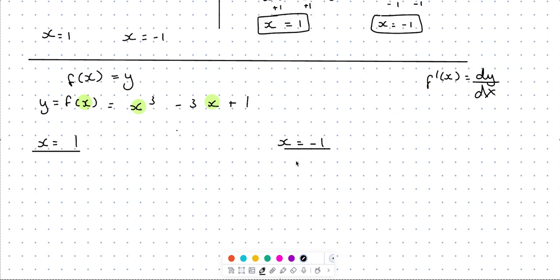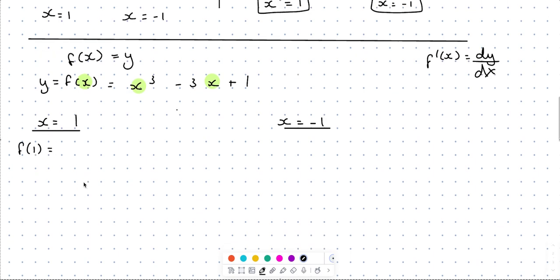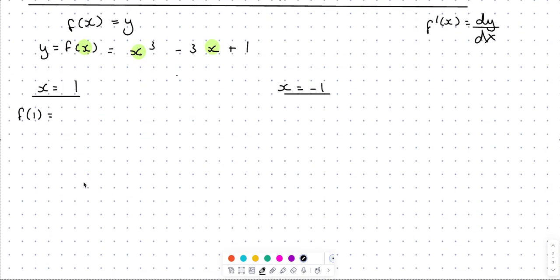This is the same as actually the first question that we did. If we have f of x and we want to get the value for y, we need to know x. Well, we know x is 1. So let's, in this case, fill in x is 1. So we're going to get f of 1 is equal to 1 cubed minus 3 by 1 plus 1. And we'll get 1 minus 3 plus 1. And I'm going to get 1 take away 3, which is minus 2, plus 1 is going to be minus